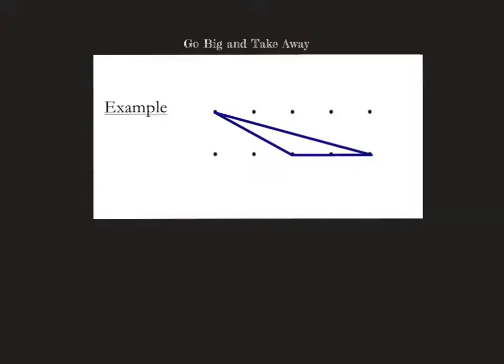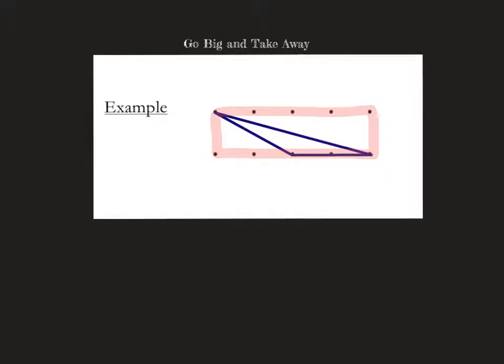So first of all, you have to go big by creating a rectangle that basically encompasses the entire triangle. So this is the example from the Whiteboard strategy note guide. So as you can see, if I look at this entire area, that is the rectangle that the triangle is